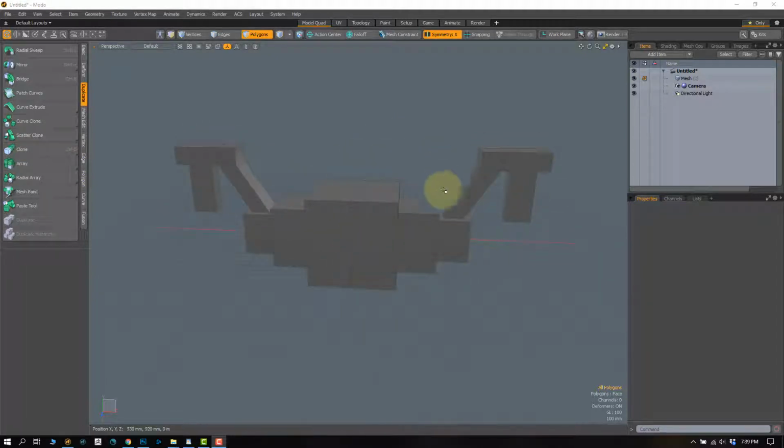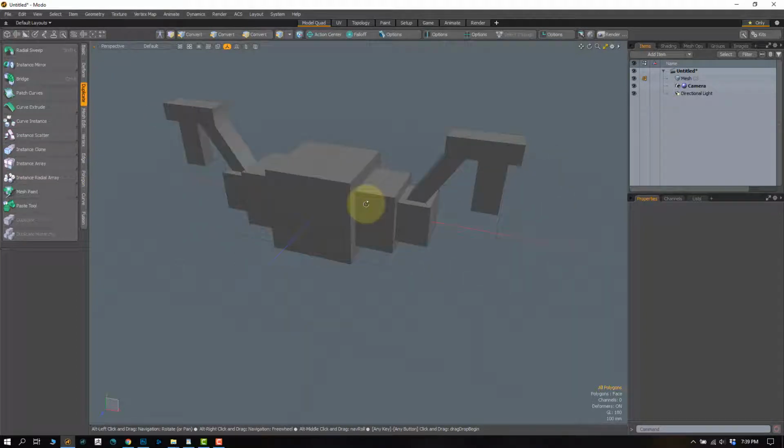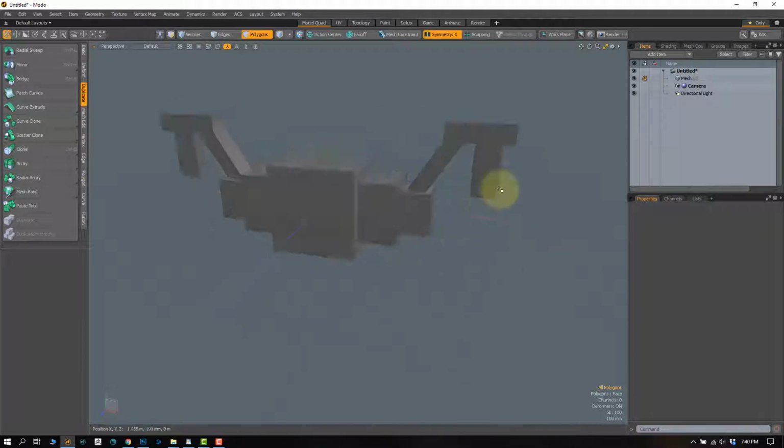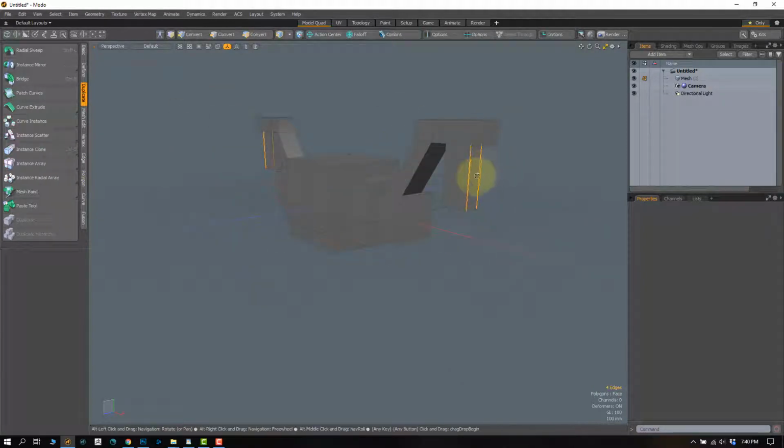Whenever you're using a new tool like this, it's usually good to save early and save often, because if you haven't used it a lot, you don't know what it can and can't do. And sometimes you might ask a little too much of something. Like some tools, for example, they'll work perfectly well with symmetry. So I can come in here, I can do